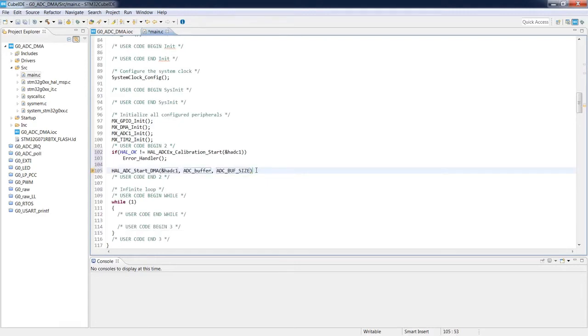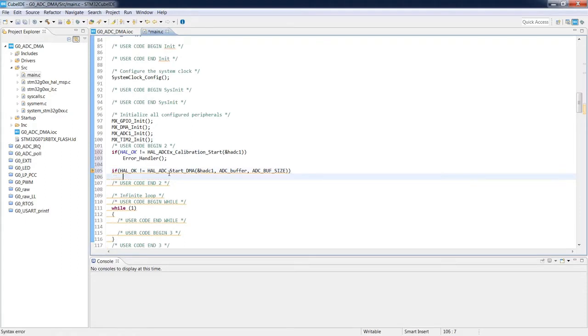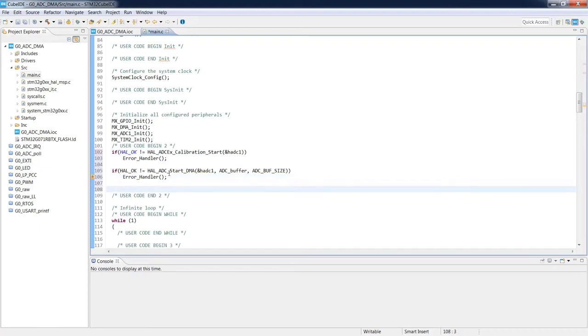And again, it would be good to check whether this function is executed correctly as well. This is why I'm adding this part of the code. Okay, and the last operation to start the process is to start the timer 2.